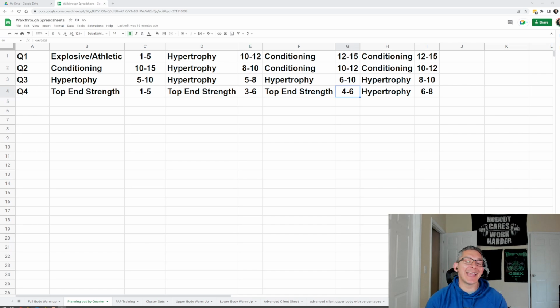So when it comes to planning out your training cycles, this is how you can plan out your quarter so you have more of an overall focus for each quarter. So you're not just approaching the workouts like, what do I do in January? What do I do in February? You have a longer overarching theme for each one of your clients and for your training cycles.